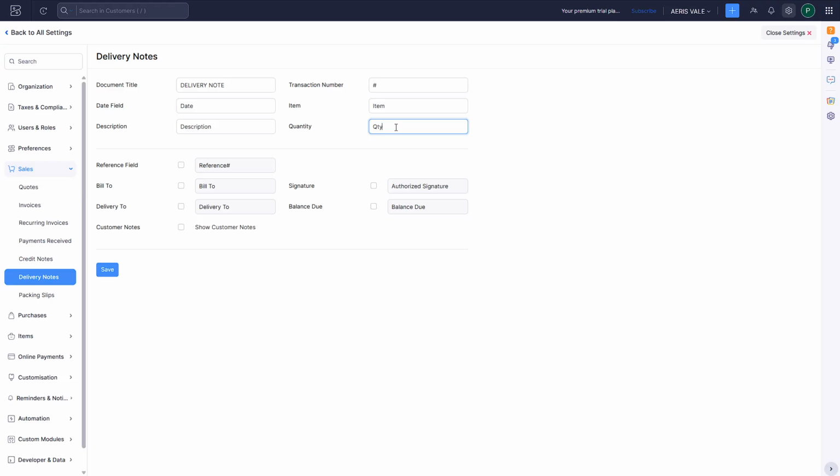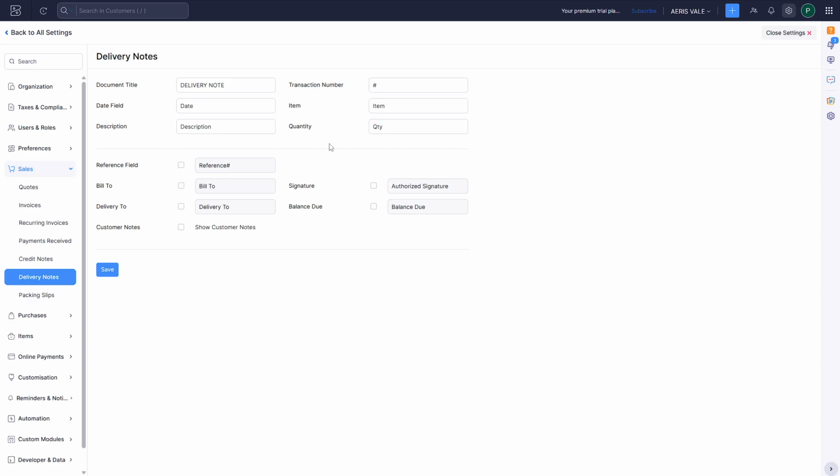Following the item specifics, there's the quantity option. Here, confirm the number of each item being delivered. Double check this to prevent any discrepancies later on. Miscounts here can lead to significant issues such as stock shortages or excess inventory. The reference field is next, allowing you to connect this delivery note with other documents or projects, making cross-referencing much